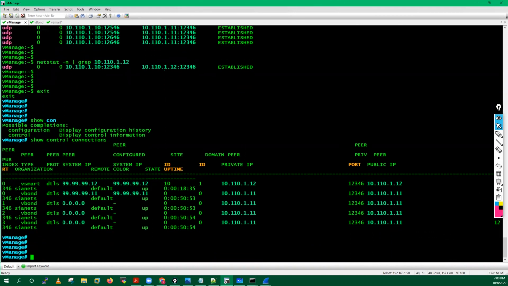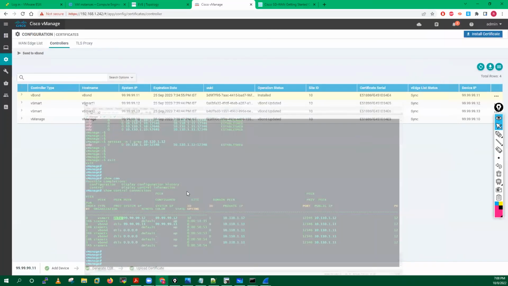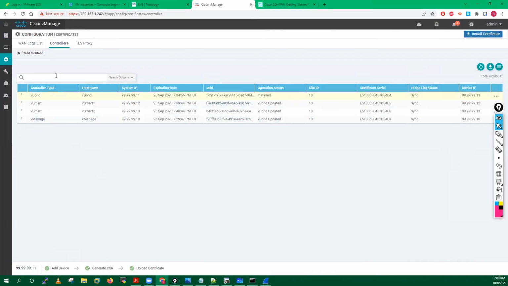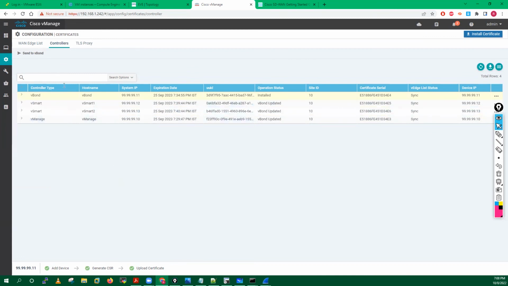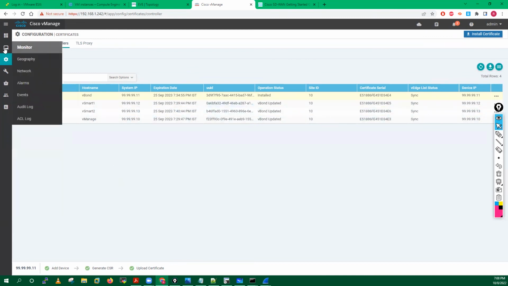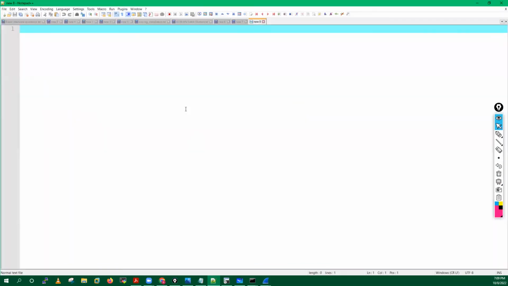And by default, they use DTLS for the communication. But if you want to change, you can change it to TLS as well. That option you will get when you add a new device. Okay. When you onboard a new device, at that time you will get that option. We have already seen that option. Okay. Now the next thing,